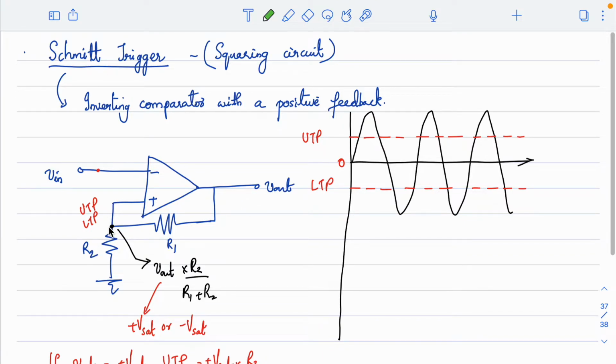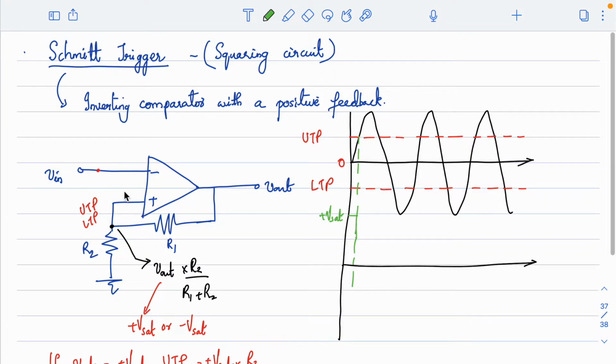So I am assuming that there are only two states. If initially your output is at plus Vsat, then the threshold point is the upper threshold point, and if the input signal is less than the upper threshold point, then till that point I can consider my output as plus Vsat. So till this point the output is at plus Vsat. Now what happens? The moment the input signal crosses the upper threshold point,